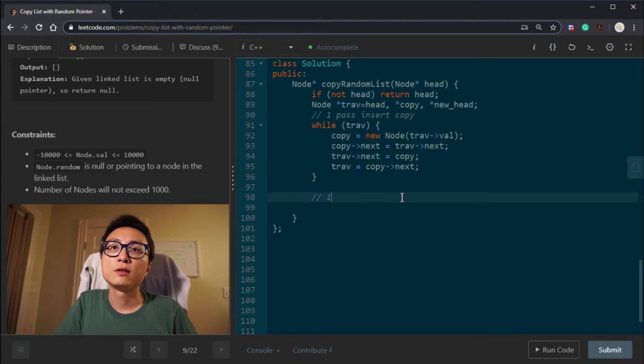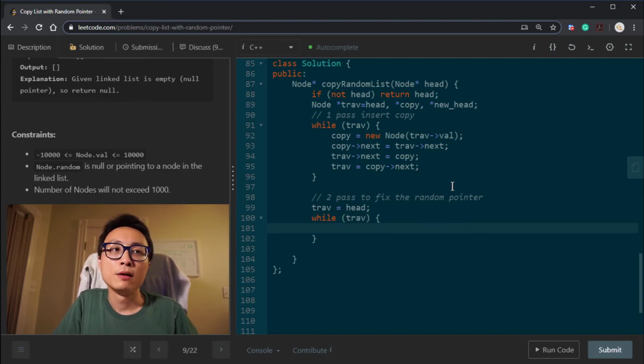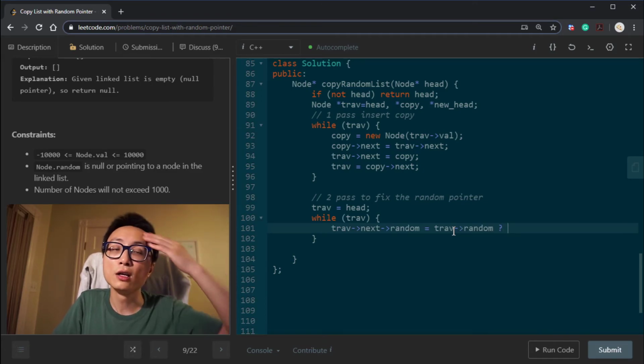So the second pass is to fix the random pointer. We move this back to the head, and we're just gonna set my next, which is gonna be the new node, and have its random point to my random, if I do have a random, which is not a null pointer.